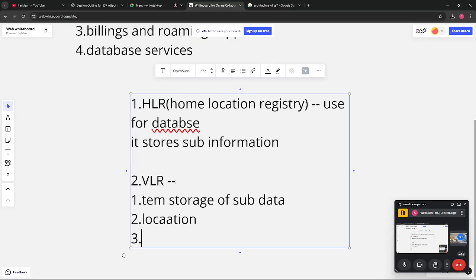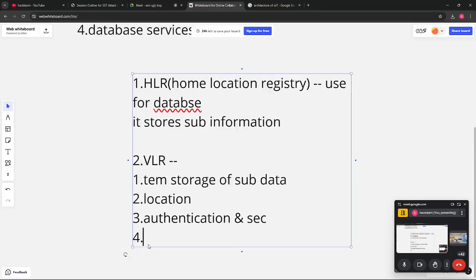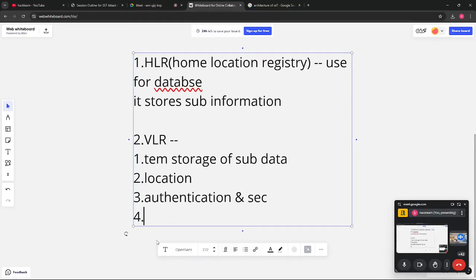It is also responsible for authentication and security: it verifies the subscriber identity by communicating with the HLR. I hope everyone understood this. Authentication and security. The next thing it does is coordinate with the MSC.